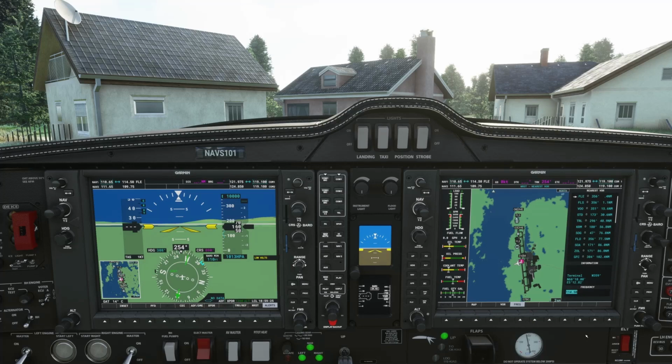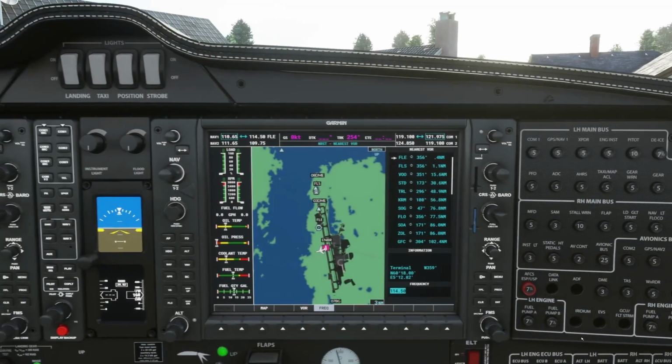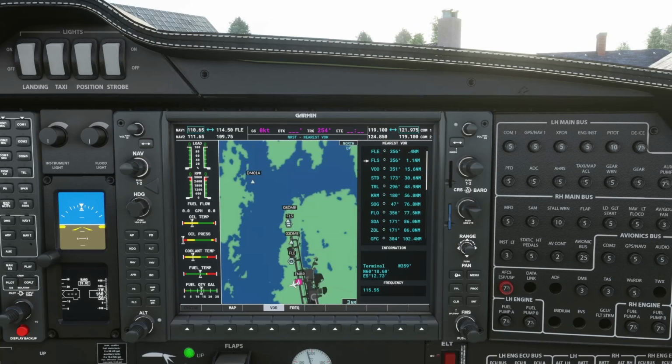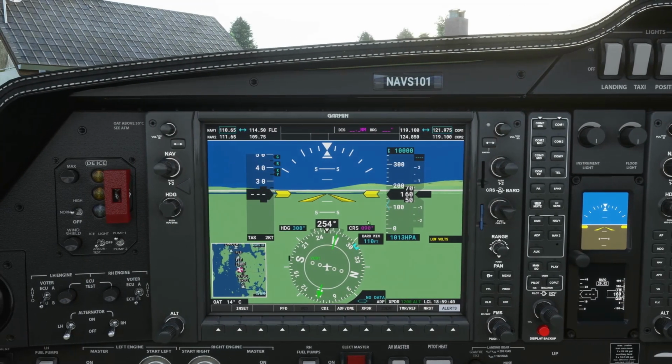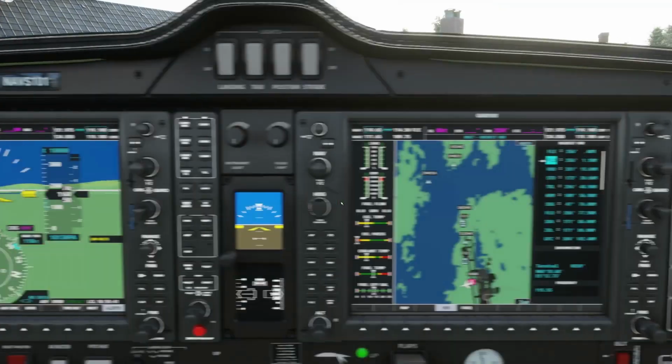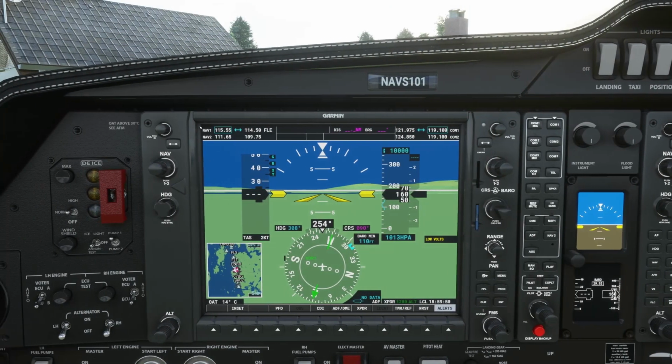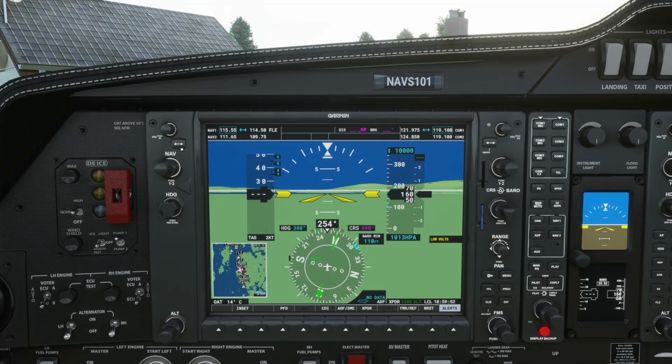So what we'll do, we'll go over here and we'll select another one and see if that gives us any joy. So let's go to FLS. All right, see if that's going to help. Right. Oh, sorry. Do you know what I've got to do? I've actually got to select VOR and then click enter. That's gone into nav1. All right. So let's transfer that.